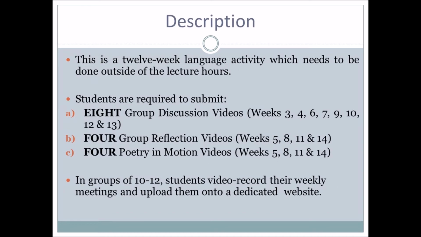Now, let's look at the activity. LAX2020 is a 12-week language activity that needs to be done outside your lecture hours. For LAX2020, you will work in a group of between 10 to 12 students to complete the following tasks: 8 group discussion videos, 4 group reflection videos, and 4